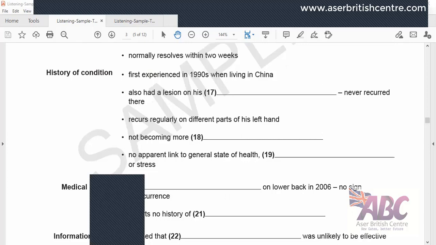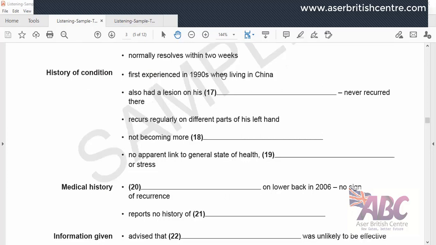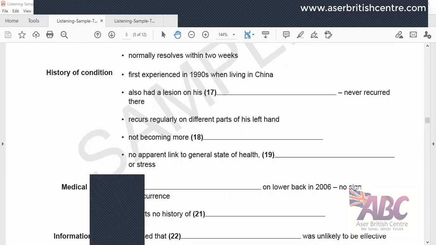Okay. I've been getting it for years. I actually got it the first time when I was in China in the 1990s. I had a job there for a couple of years before I came back here. That first time, I also had a similar sore on my chest, but